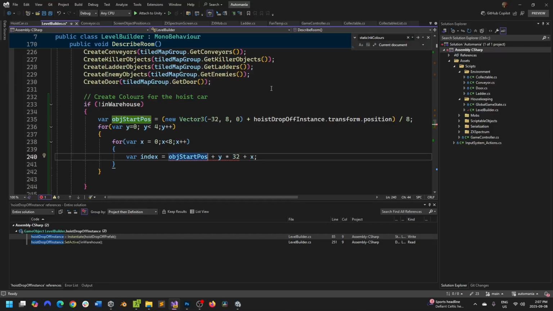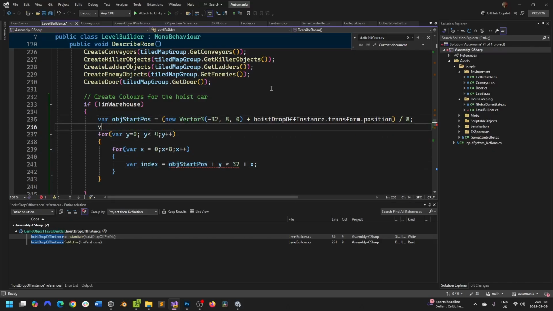Oh, yeah, okay. No, hold on. No, the start position is going to be var start position equals object start position dot y times 32 plus x. Okay, so then it's going to be starting position plus that plus that plus that, and then it's going to